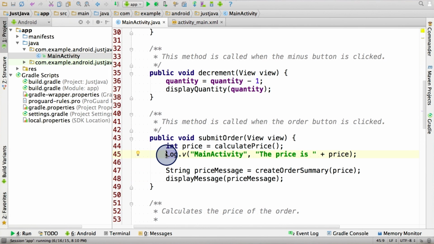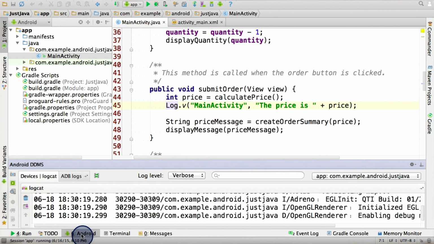We introduced logging earlier, but here's another example for you. You can write Log.v and then use the class name, which is MainActivity, comma, and then put in a string message that you want to print out to the logs. By printing out the price here, we're verifying that after step 1, the calculate price method does return the expected price. When you run the app on your device, you should be able to check the logs using this tab